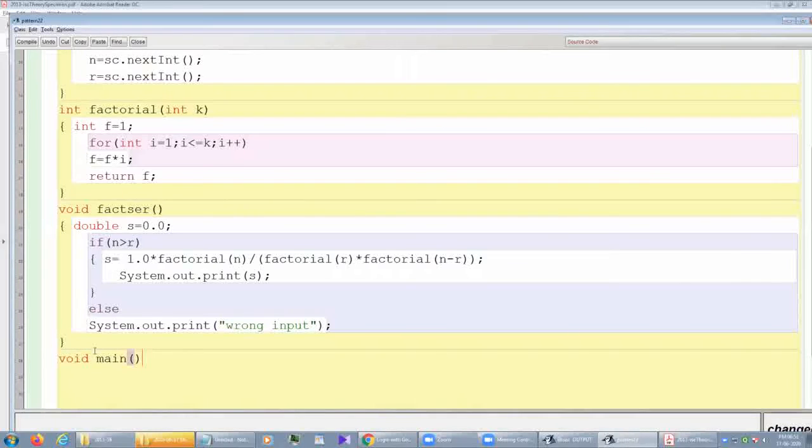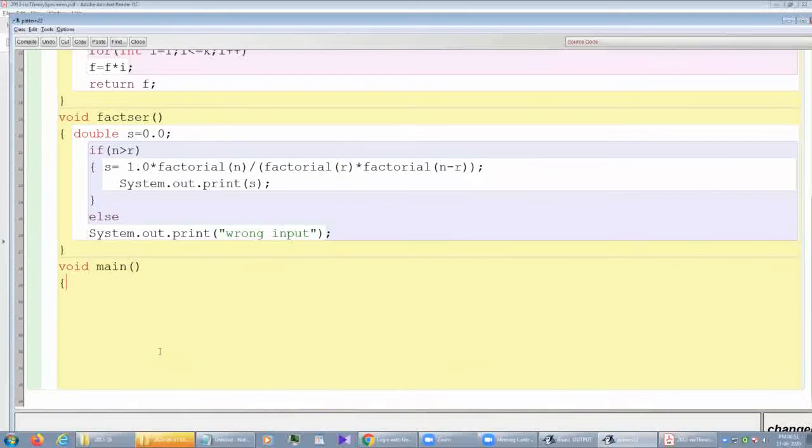Logically, the factorial of negative numbers is not possible. Okay, then they told us to implement the void main also by creating the object. The class name is given as artifact, and two inputs we need.